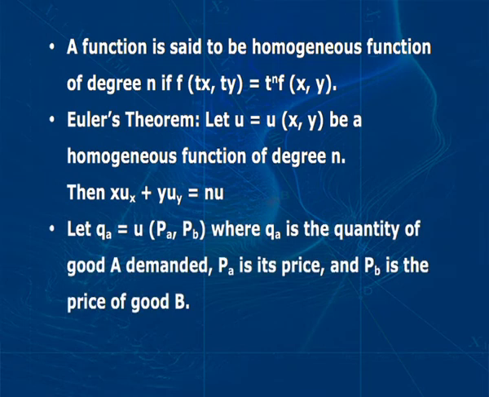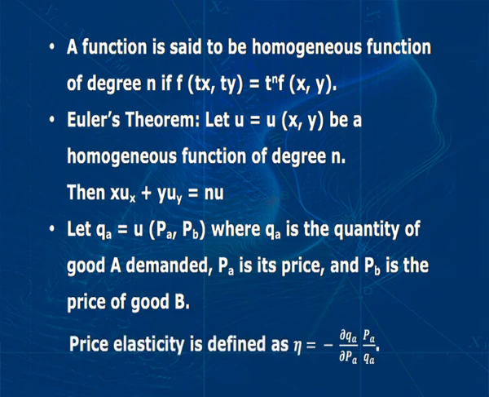Let qa is equal to u of pa, pb, where qa is the quantity of good A demanded, pa is its price, and pb is the price of good B. Price elasticity is defined as eta, which is equal to minus